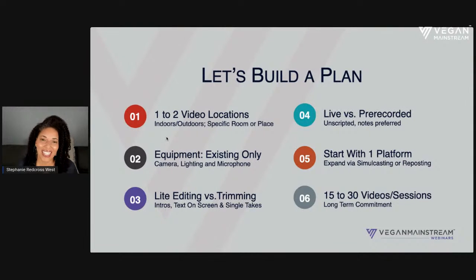Therefore, if you can sit down and say, all right, I'm going to shoot X amount of videos, 2-minute videos, 1-minute videos, 5-minute videos, 60-second videos for Instagram as an example. And when I do my videos, I'm going to do them in one take. I'm going to add an intro and an outro. I'm going to put a banner on the top. When you make that strategic decision as far as your plan, it makes it easier for you to do your videos moving forward because you're not building them like masterpieces of art every time. You're building them in a more templated format, which will allow you to get them done quickly.